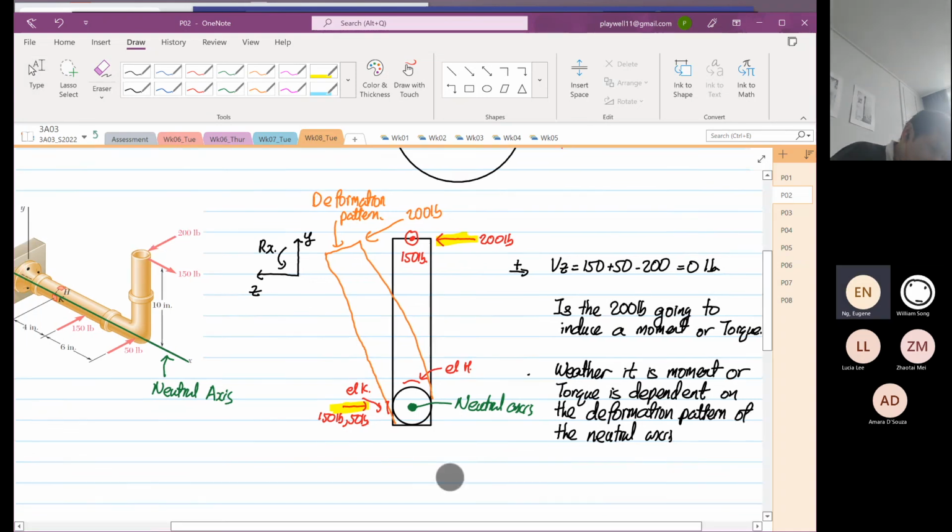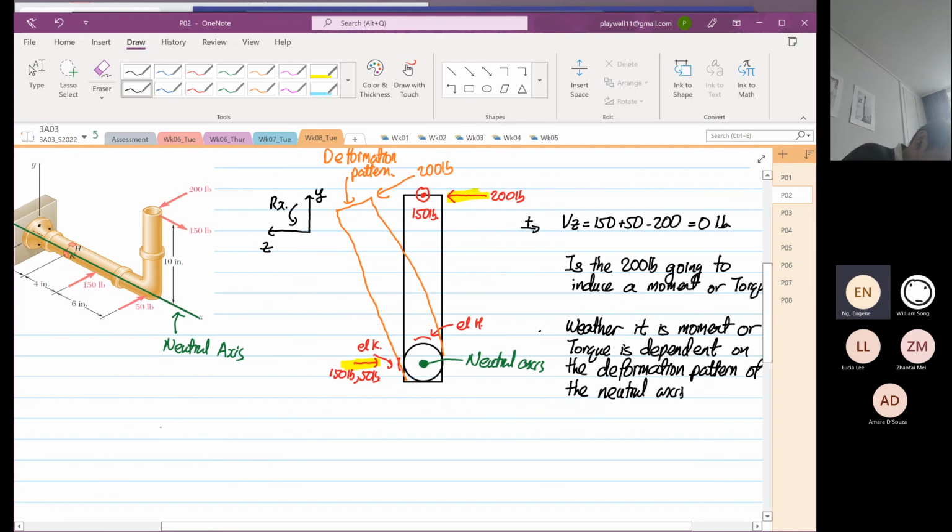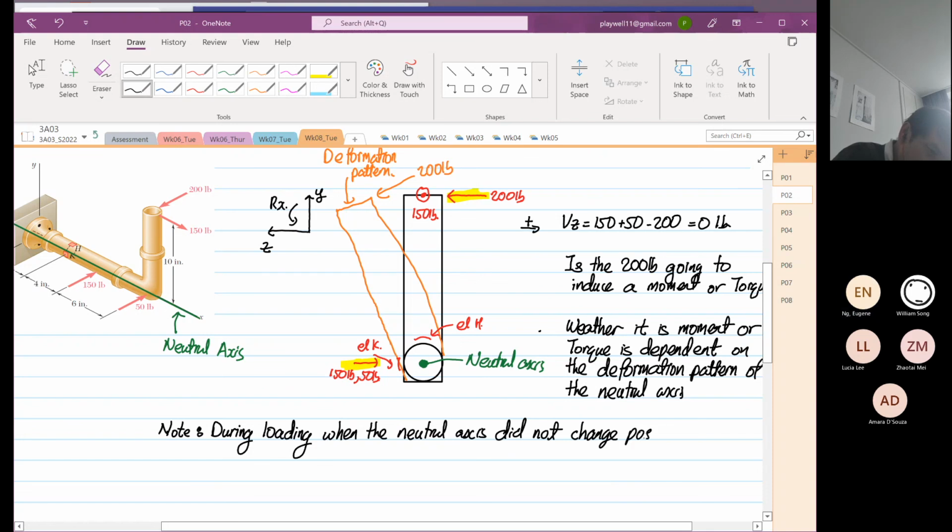So I'll write down a note: during loading, when the neutral axis did not change position, the load is known as torque. Now let's view this